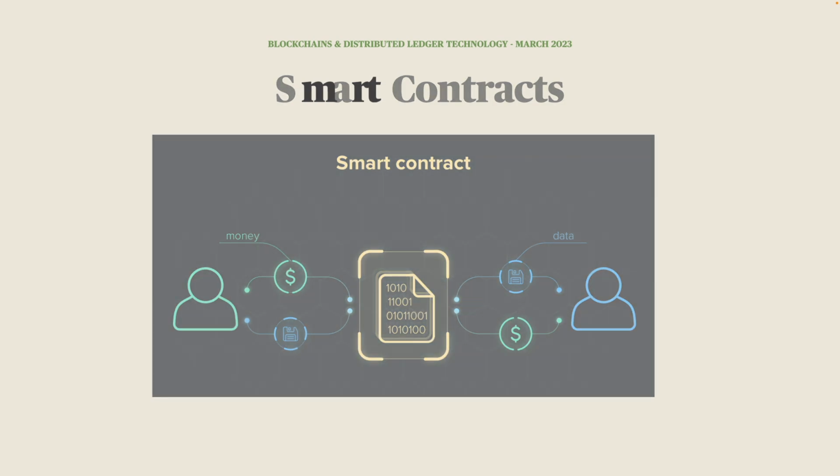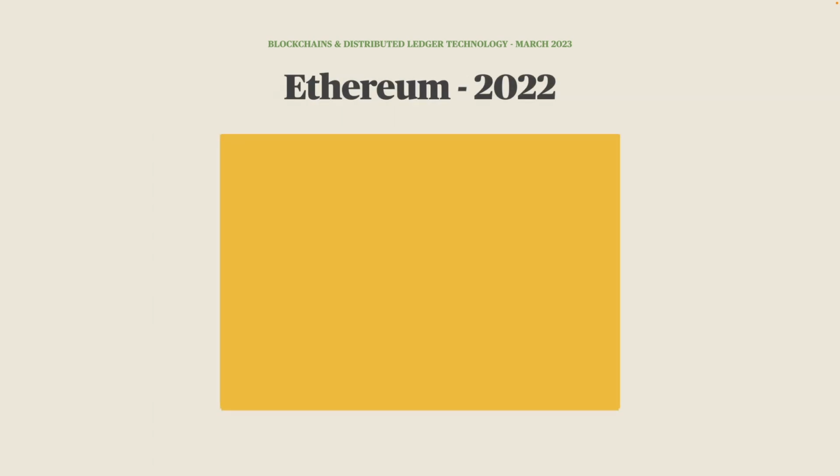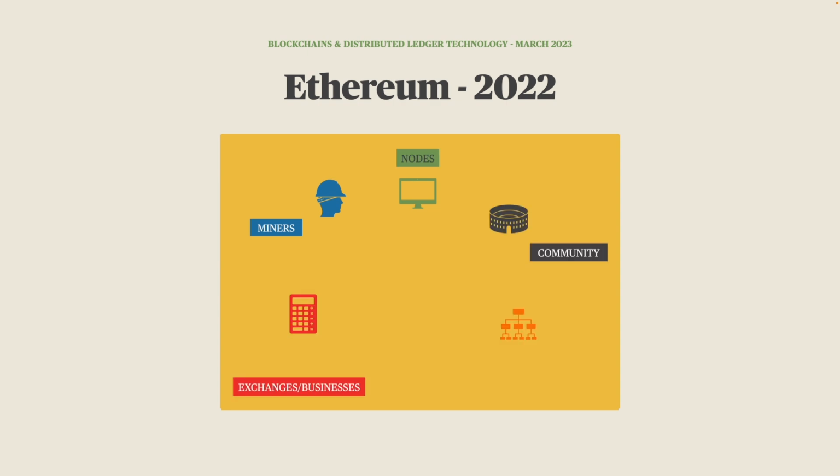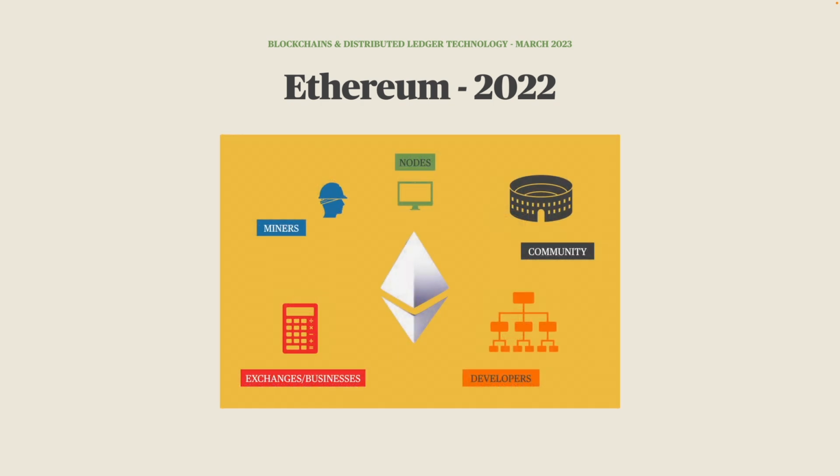Ethereum before 2022 shared many of the features of Bitcoin, such as requiring miners and nodes, having a community, needing software developers, and being used by exchanges and businesses. However, Ethereum's codebase is much more complicated than Bitcoin's, given its more complex tasks. This means that the data held in its blockchain is also much larger. Running a node for Ethereum is very data intensive and will likely become more prohibitive regarding energy and hardware requirements